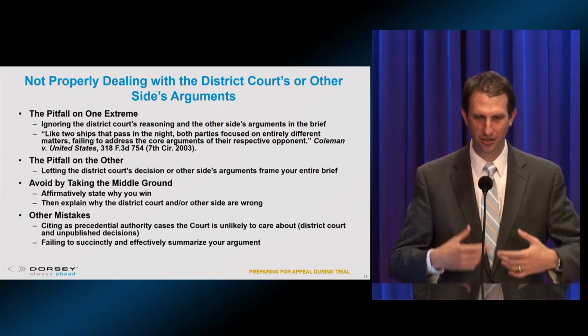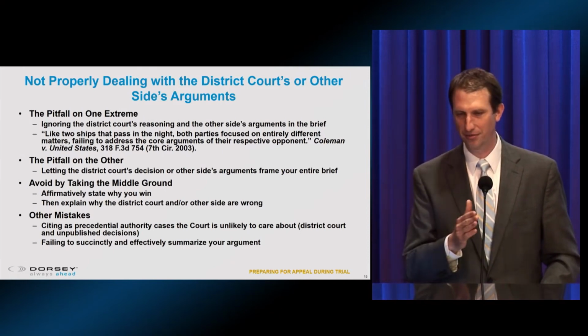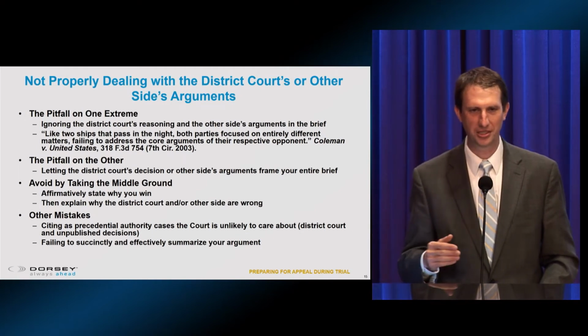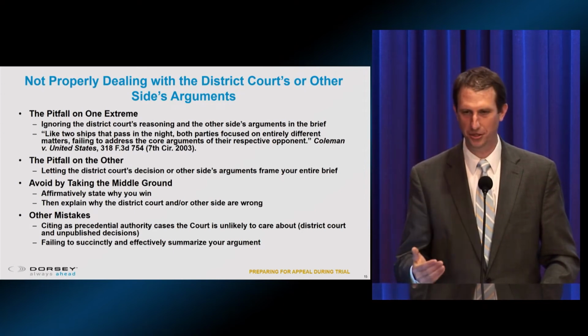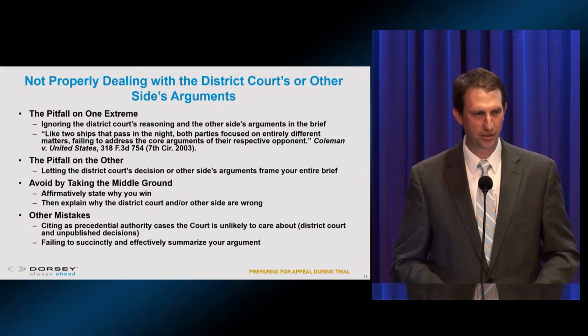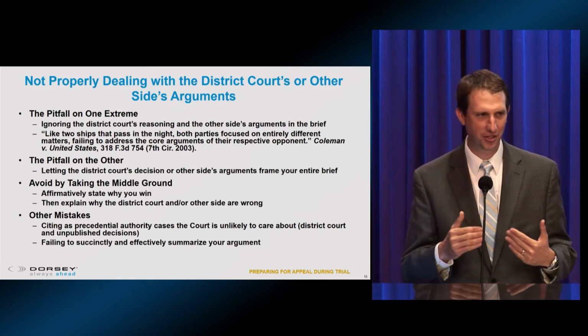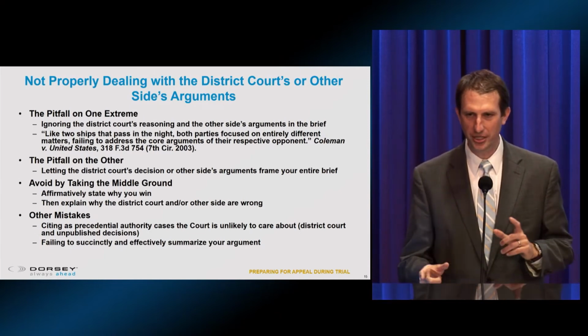And after that, the Court of Appeals is going to say, oh, that makes a lot of sense, this seems right. And then you can go through the other side's arguments or where the district court went sideways and say, this fails because of this, fails because of that, and hopefully the Court of Appeals is tracking at that point. Now you can certainly do that in a lot of different ways. Sometimes you can interweave those arguments. It doesn't always need to be a straight start here, but make sure that you have both,